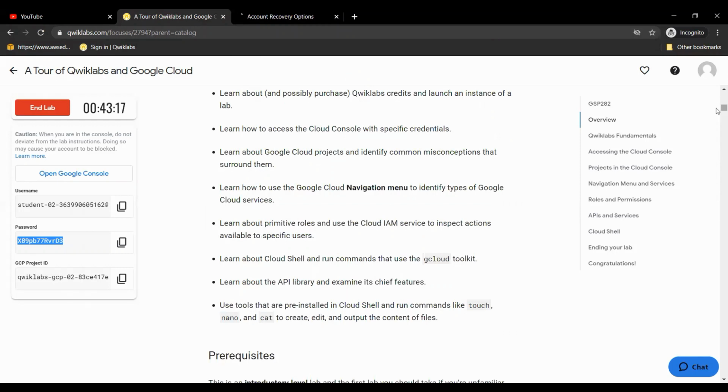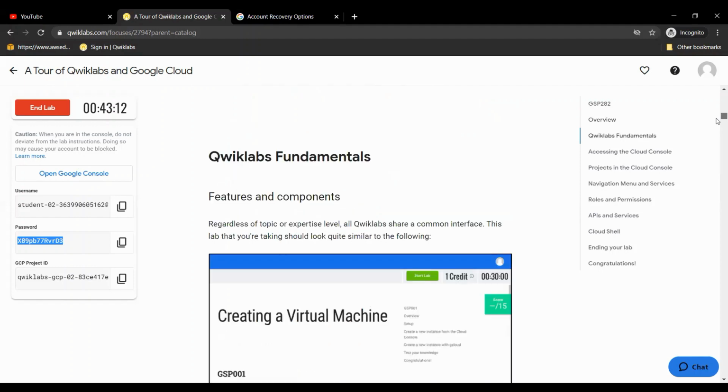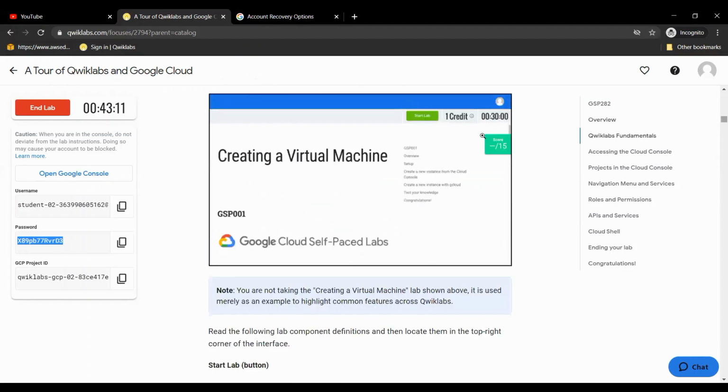In the meanwhile, we'll look into the fundamentals of Quick Labs. As I said, we'll be having a score, but this lab doesn't have any score. The timer will be running backward as it was started at 45 minutes. The lab ends at 0 hours, 0 minutes, 0 seconds. It is mandatory to end the lab soon after the lab completes. And I would prefer you to open the Quick Labs in an incognito window.